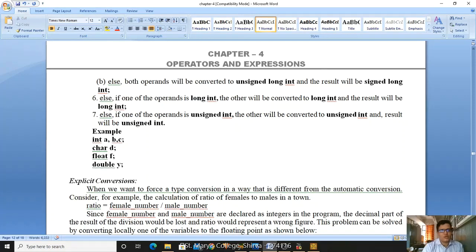Now I am storing a is equal to d. I am storing the character value in a, which is an integer. So I am converting a lower data type into a higher data type, and data loss does not happen.